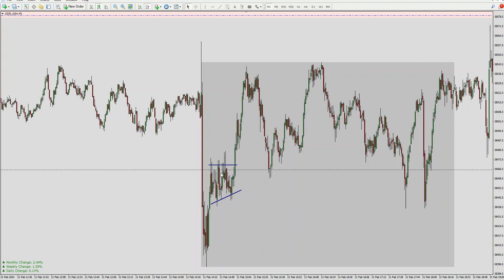This is trapped volume. I understand that when they break out of this trapping, they are going to punish the guys here, and I don't know who is going to get punished until they break out of this and shift the zone away from all these things. So what do you do? You wait patiently. Most people blow their accounts here.